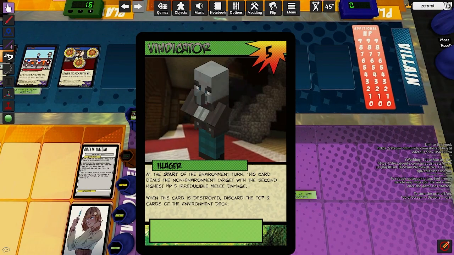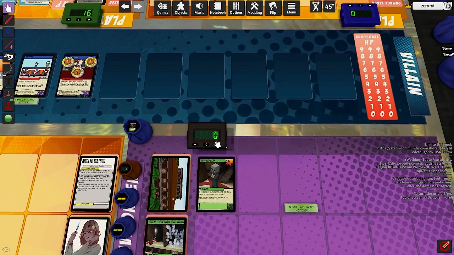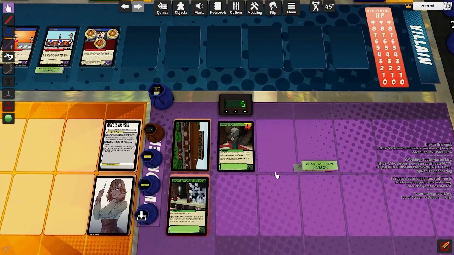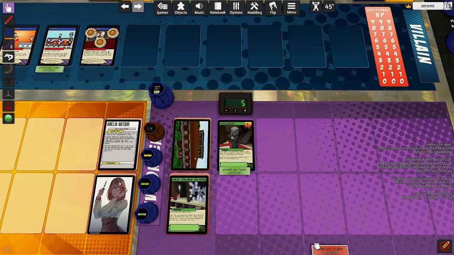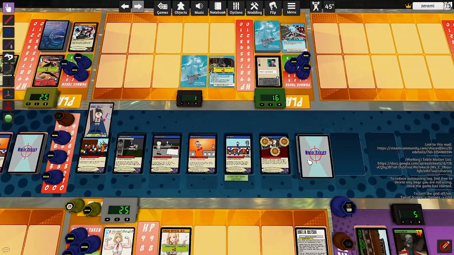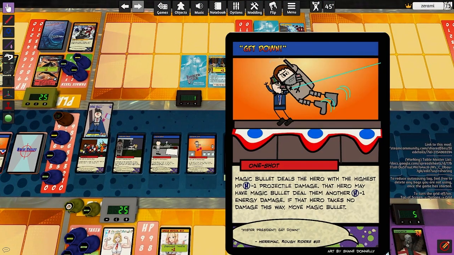Illager. At the start of the environment turn, this card deals the non-environment target with the second highest HP 5 reducible melee damage. When this card is destroyed, discard the top 2 cards of the environment deck. So it doesn't do anything right now. So the effect we just did was a bit useless, but it was better safe than sorry here. Villain, they don't win yet, they play